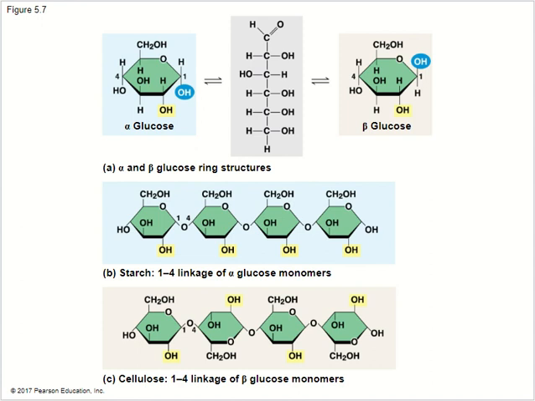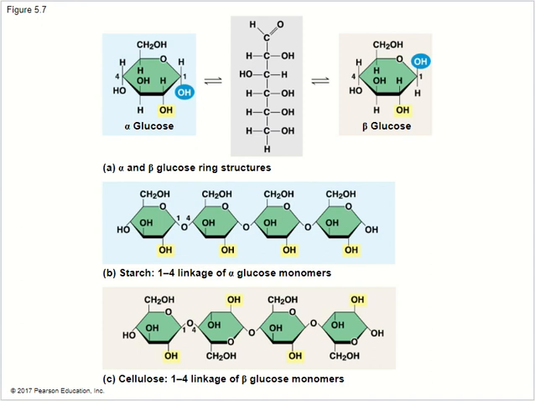Getting into those alpha and beta linkages, what we see here is isomerization between alpha glucose and beta glucose, where the difference is how that primary alcohol is facing. Is that primary alcohol facing down, or is it facing upwards? That will owe to either alpha glucose or beta glucose. Now, as far as the ring structures,